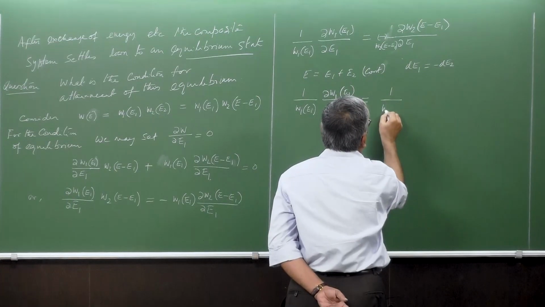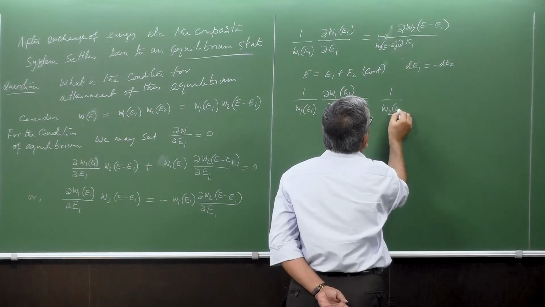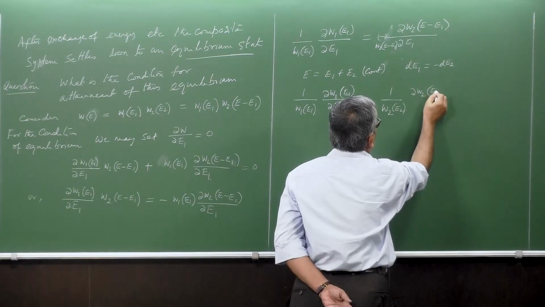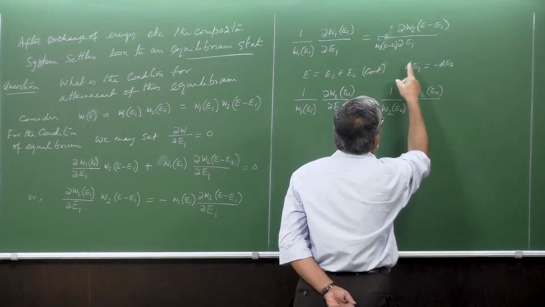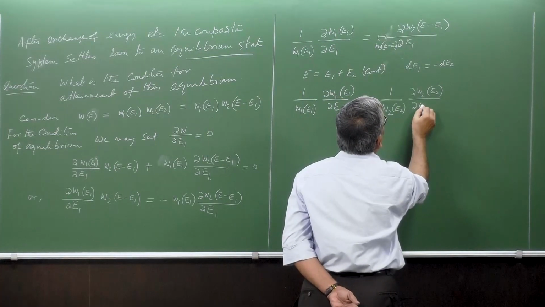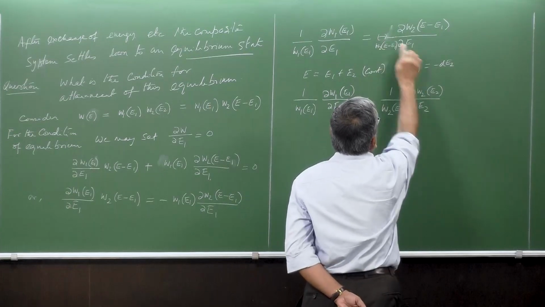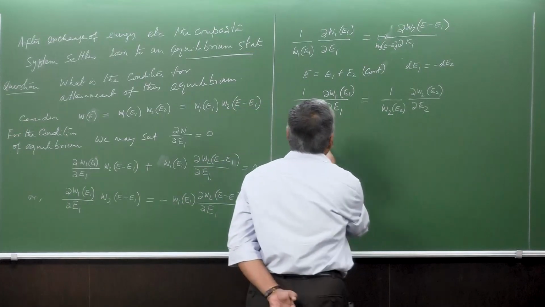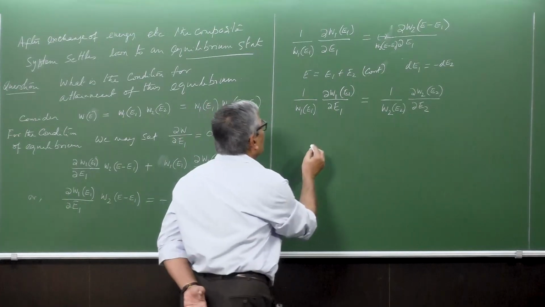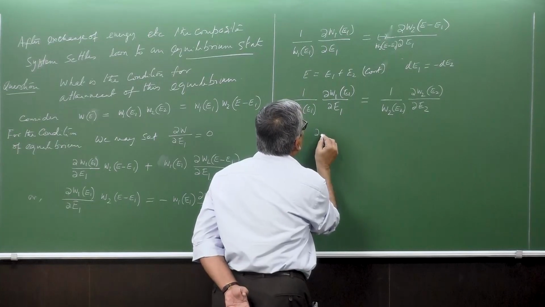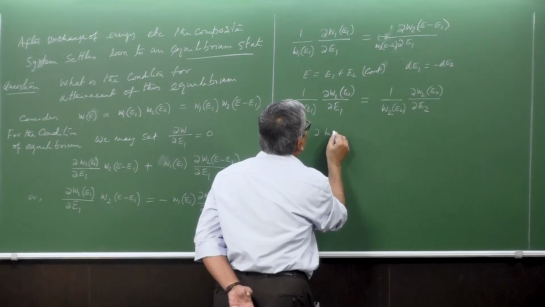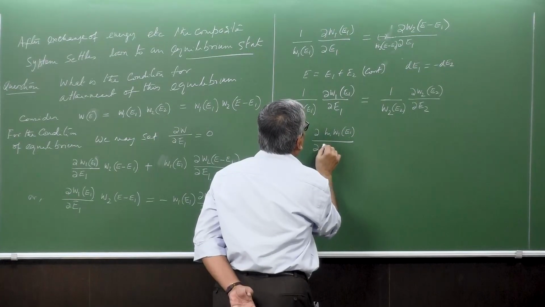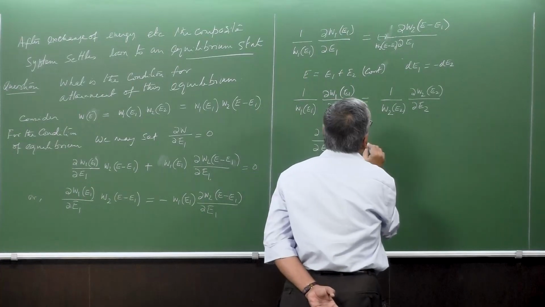That is, I may write it as E2 del W2, and this is del E2. If I take care of the minus sign, this minus sign gets cancelled out. So I have an interesting condition, or I may write d of ln W1 over E1 del E1, that is equal to